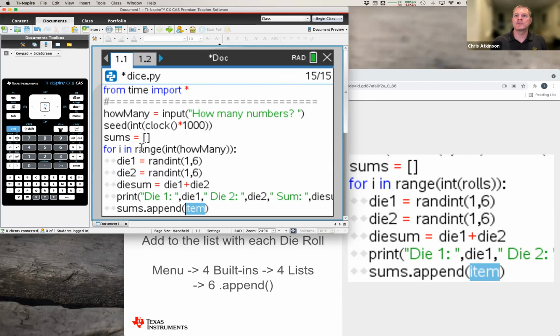I can either go to my var. Oh no, I can't go to the var because it's inside the loop. I have to type out die sum. So every time through this loop, it's going to add to the list of sums whatever the die sum was